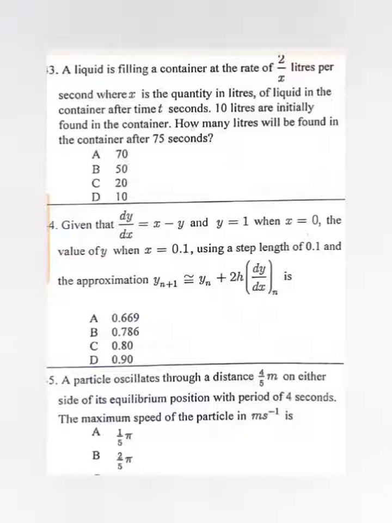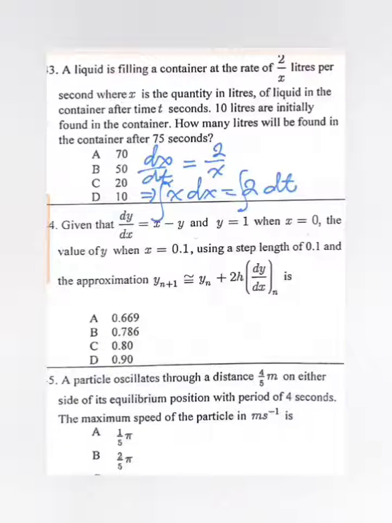So this is the case of a rate problem again, and this time a container is being filled with liquid. So there is an increase in this case because the amount of liquid is increasing as time goes on. So the rate would be involving an increase, so that dx over dt equals 2 over x, and the rate is positive since there is an increase. At the end, we separate variables so that we get x dx equals 2 dt, and then we integrate both